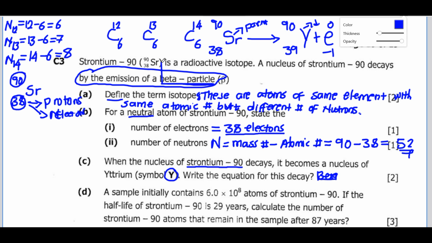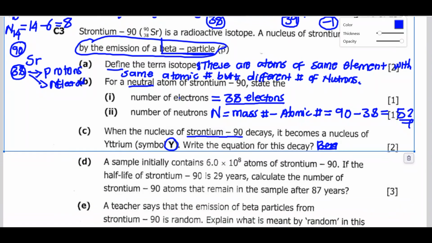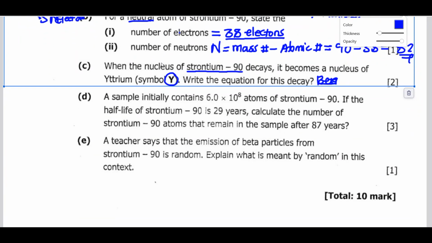Then another thing that you are supposed to know is the mass number for strontium is 90. These two numbers, if you add them, you still have to get 90. Here we have 38. Even if we add 39 plus -1, we still get 38. So the numbers must be able to match. Now let's have a look at